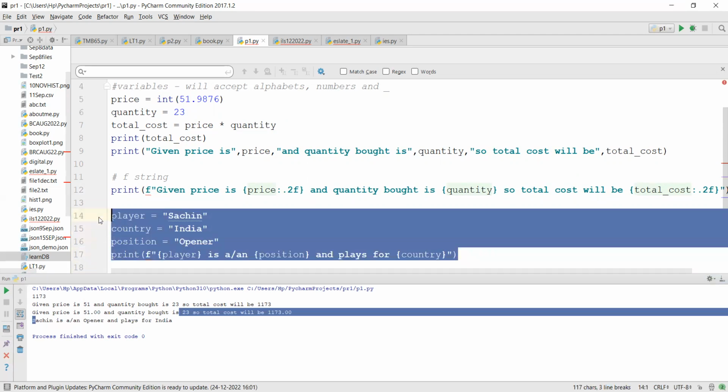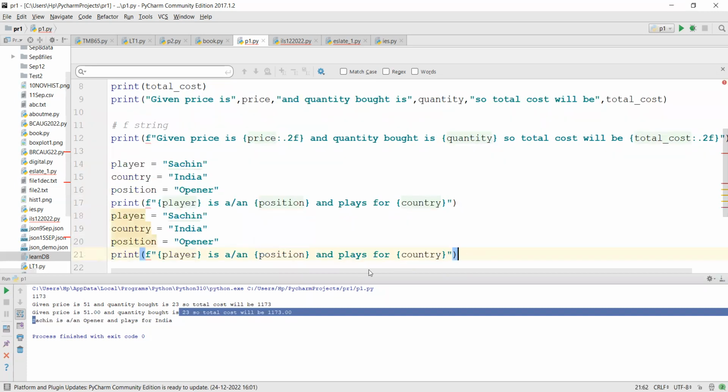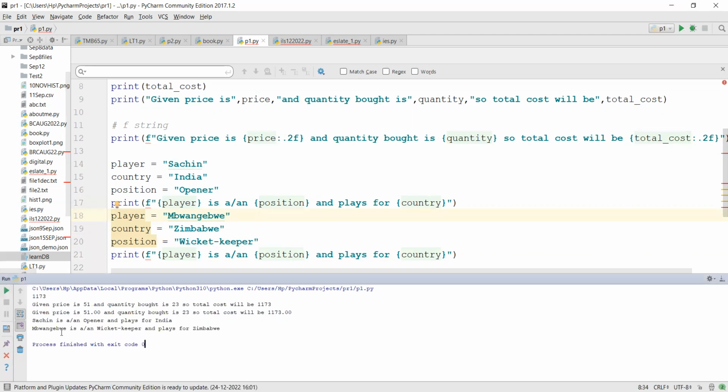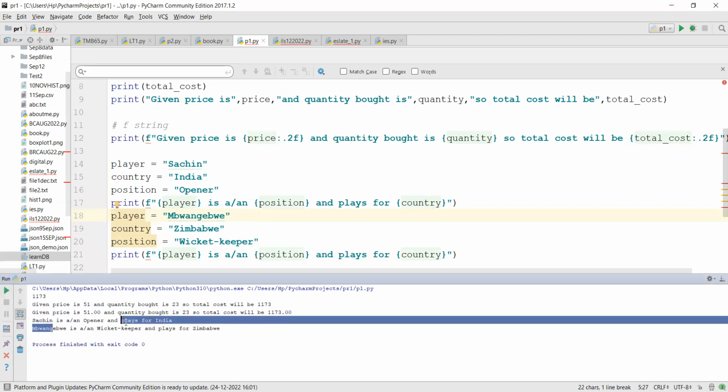This time the player, country and position values are different. I'm going to use, let's say, Zimbabwe, the position wicket keeper, and the name some big name like Mangwawe. Now when you print this output, you see Sachin and Mangwawe,